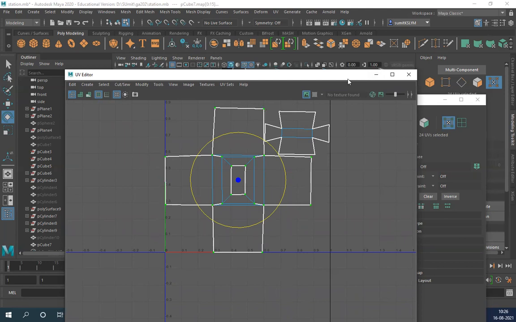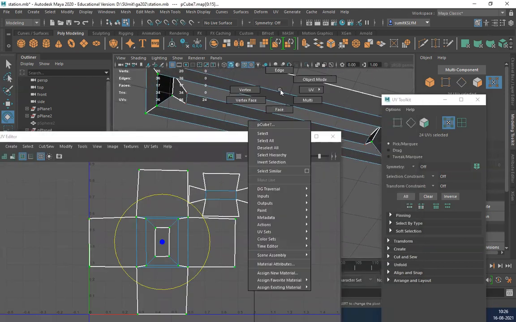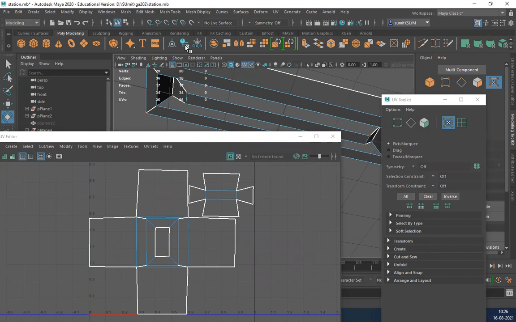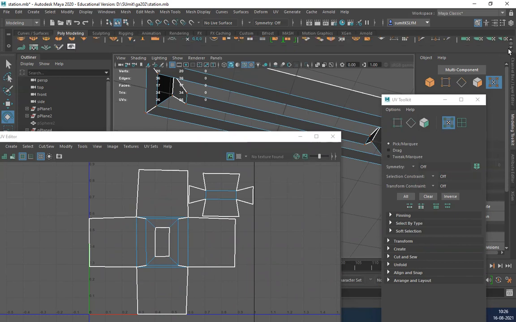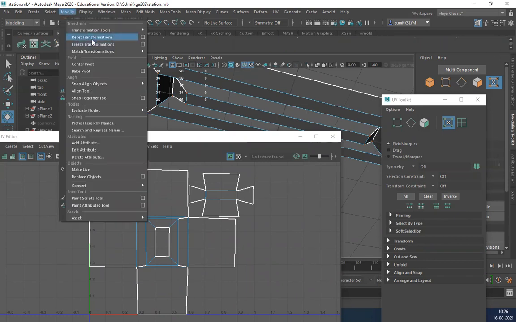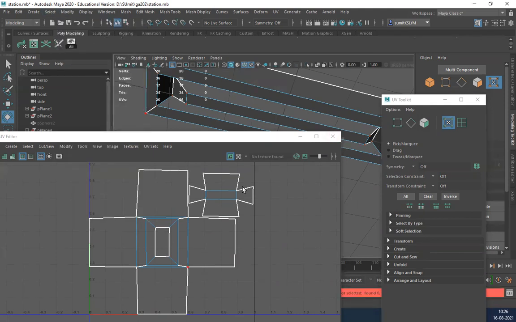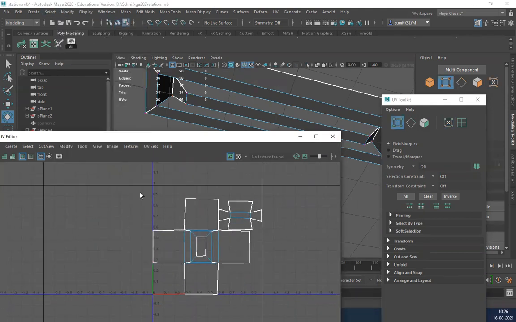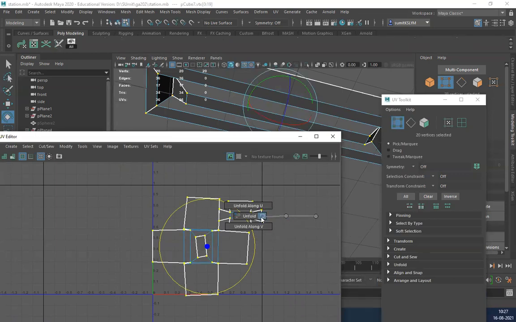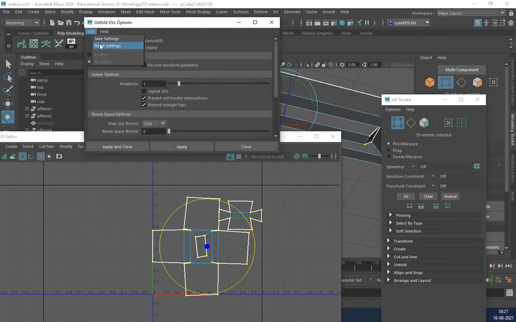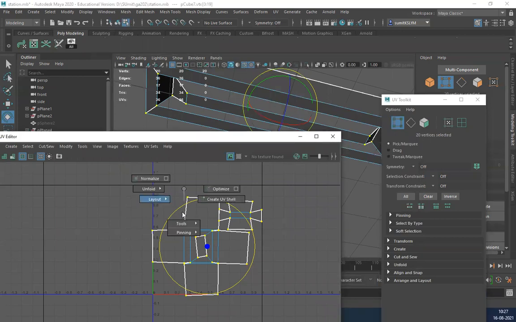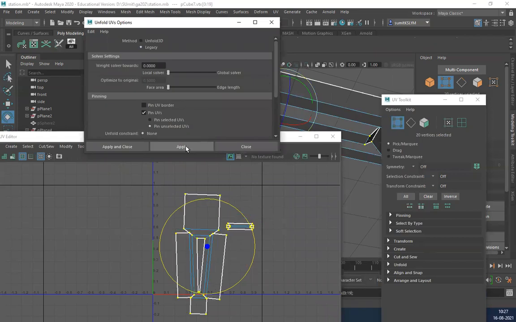Still no. Select the model, history, and modify, freeze, and reset. Everything is clean. All nodes are gone. Still nothing happening, so I'll just check, reset it, apply. Still nothing. It should change nicely. We'll go to legacy, apply. So now it's way better and correct.